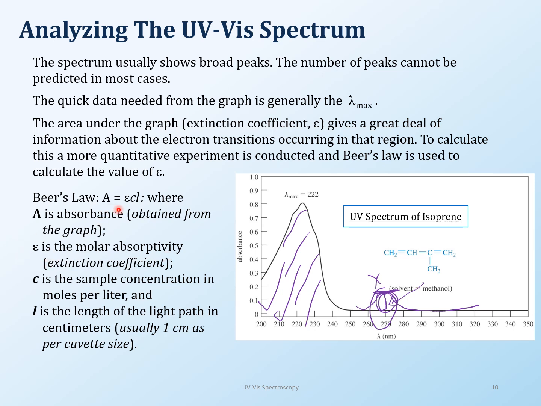So A is equal to epsilon CL. A is the absorbance, that is equal to the area under the graph. C, which is the concentration of the sample, that's when you have to calculate the concentration. So you have to make a specific molarity of your sample. And then L is the length of the path, okay? And this is an important thing because